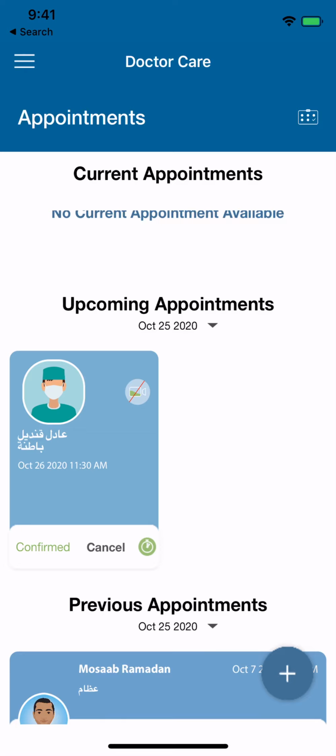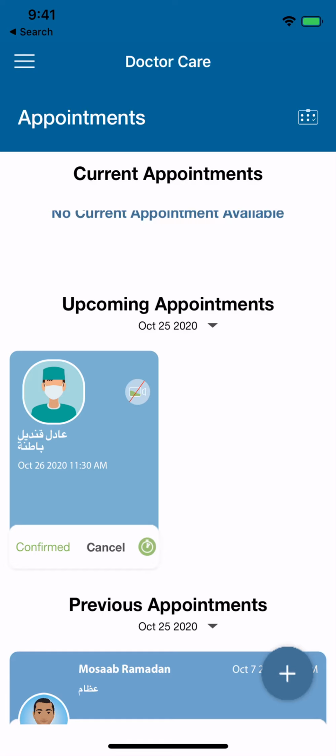Actually, this button will be automatically available. So for now, if you tap on this, nothing will happen until the appointment time is about to come. Okay, so simple.